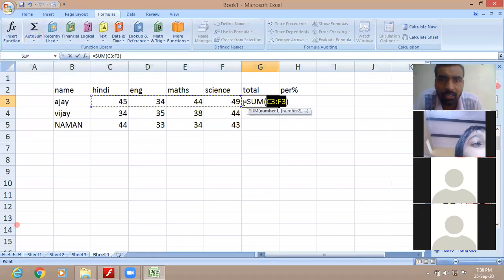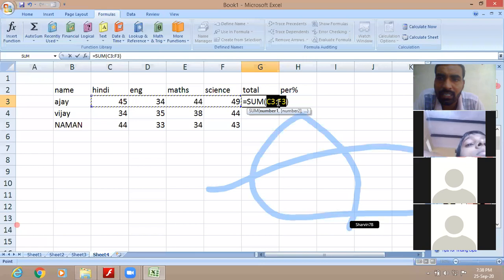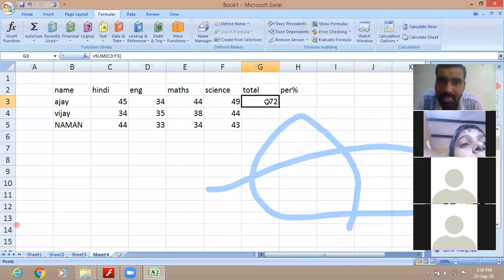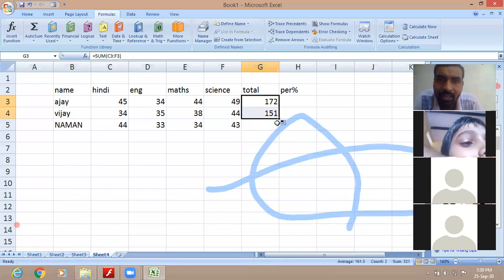Now you can see the formula is given here. Press the Enter key and then select this cell. There is a small square dot at the bottom of the cell. Take the mouse on the square box and the mouse changes to a plus sign. Then press and hold the left mouse button and drag it downside. As we drag, it calculates the rest of the values automatically.